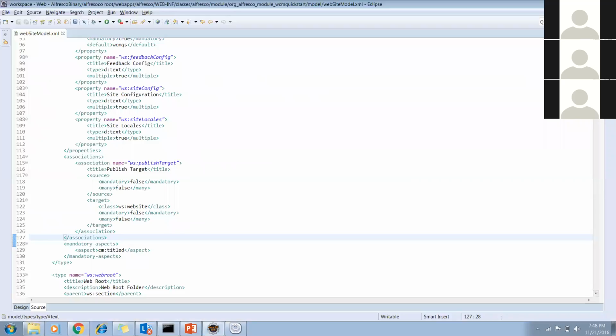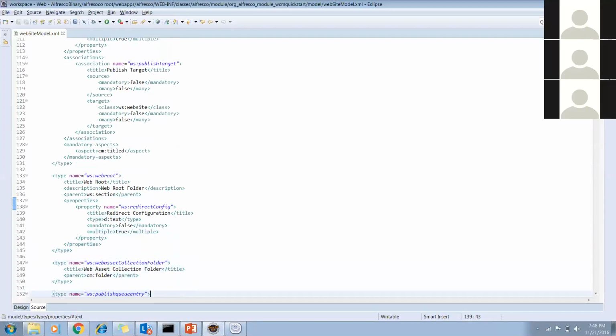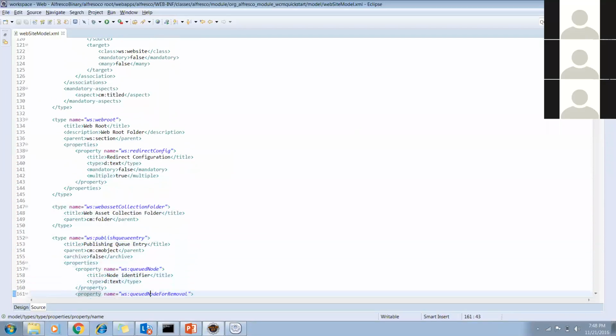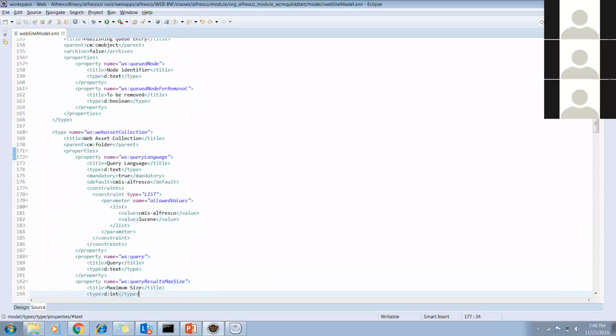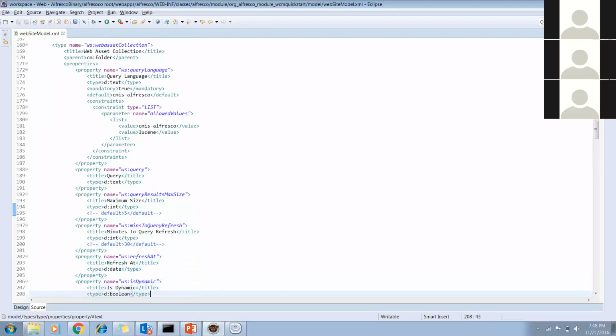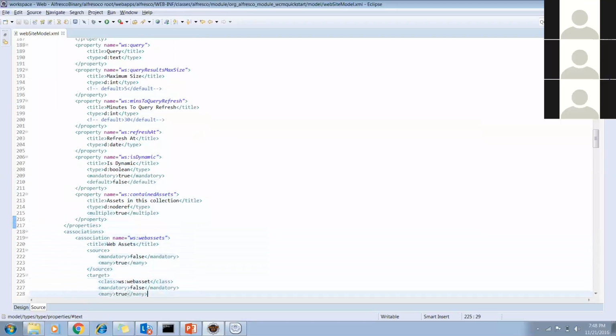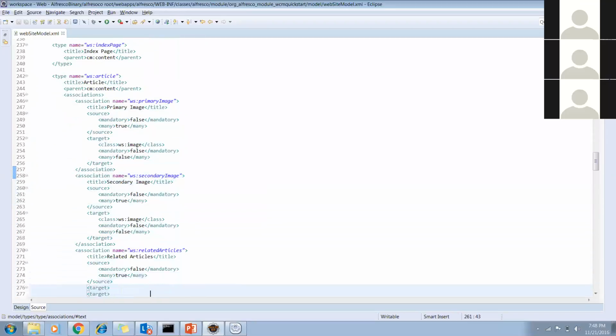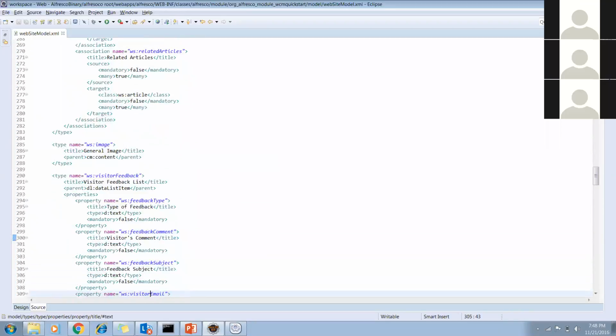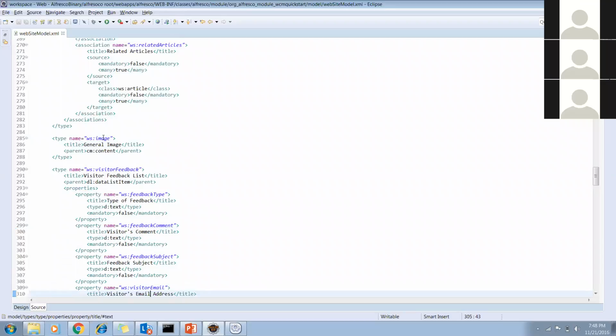Okay, so now I think you know what the content model is, right? Yes, understood. See, the various content types have been defined, and they are added for the folder that needs them. The images, once you upload them, are simply images.